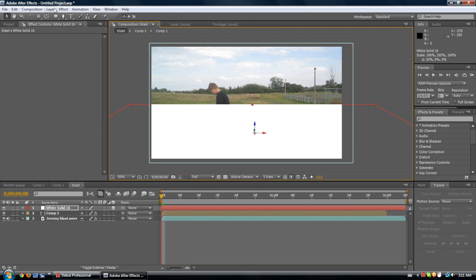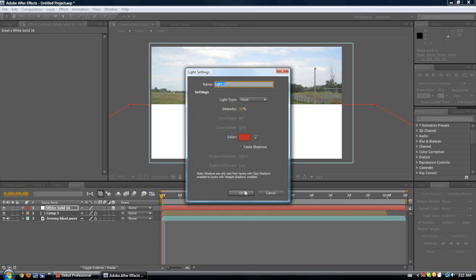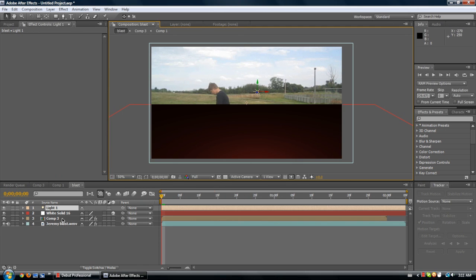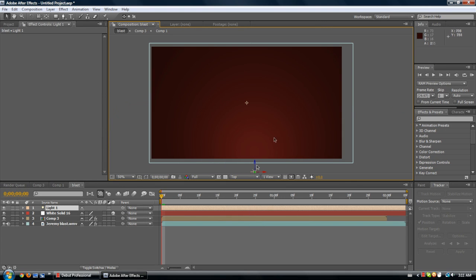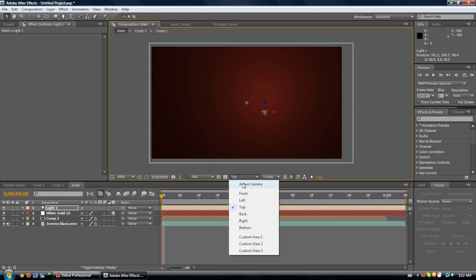And now we're going to go layer, new, light. Let's go a reddish color, not too red, and seeing as it's usually pretty off to start with, go to top, and let's bring this over. That's not what I wanted to do. This is the light. Now let's go back to active camera,